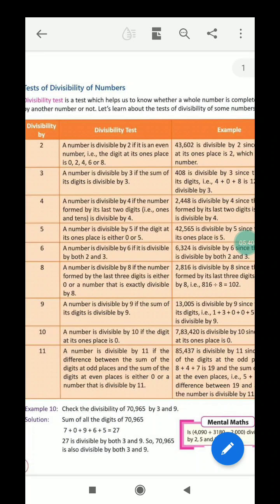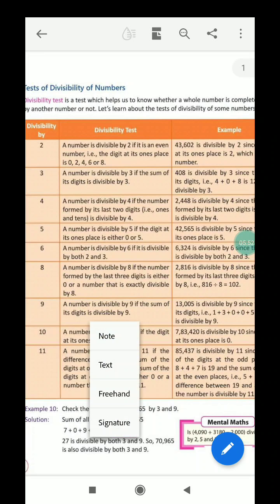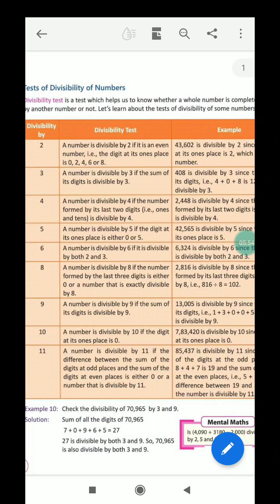Now, divisibility by 11. A number is divisible by 11 if the difference between the sum of the digits at its odd places and the sum of the digits at its even places is either 0 or a number that is divisible by 11. For example,